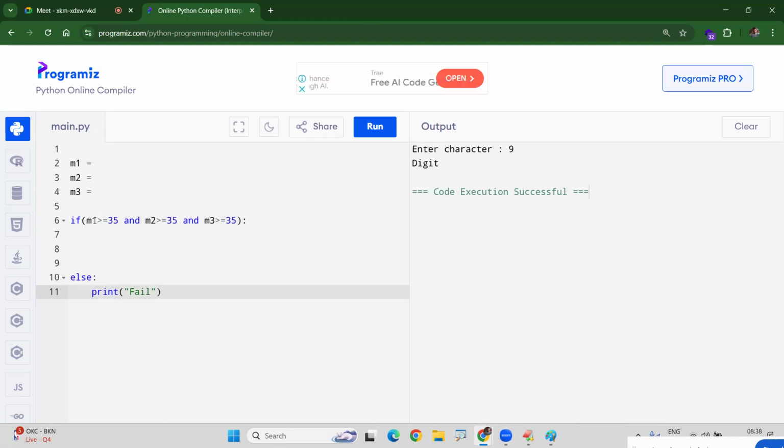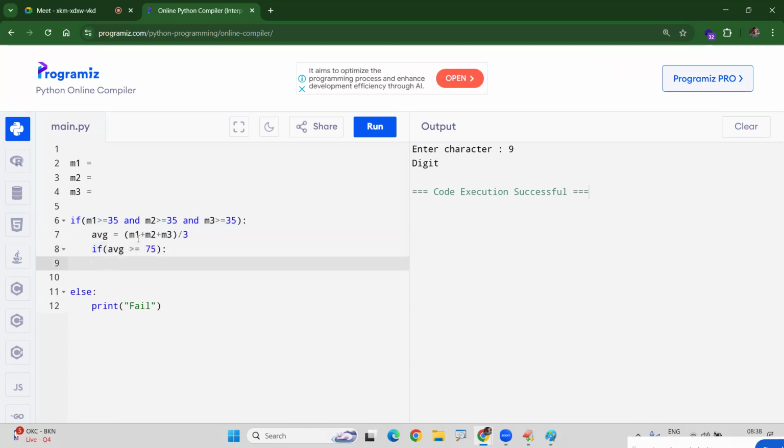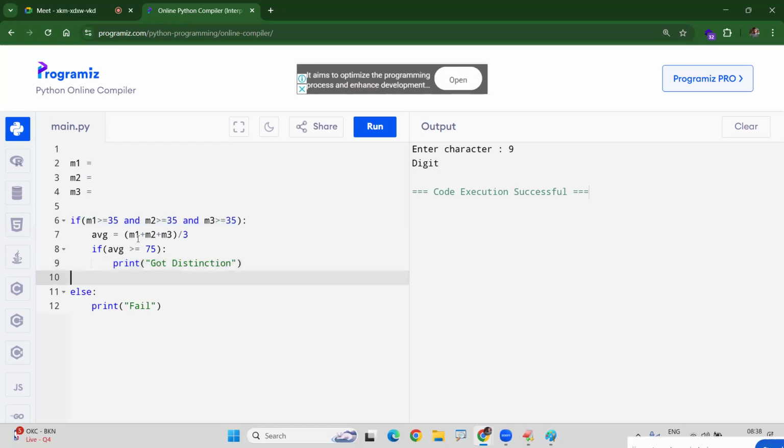But if the student passes, based on that, again we need to find the average marks. Average marks means total marks divided by the number of subjects. If the average marks is greater than or equal to 75, that is, if the student obtains more than 75%, then for example, got distinction. Else